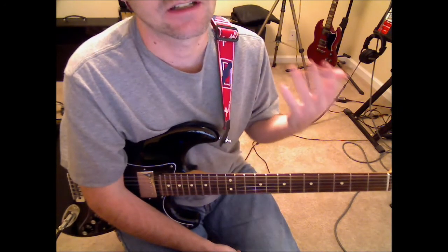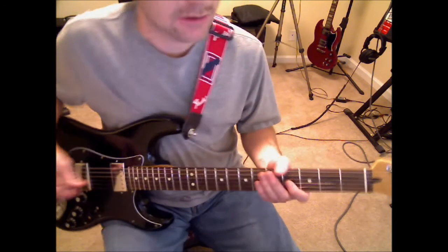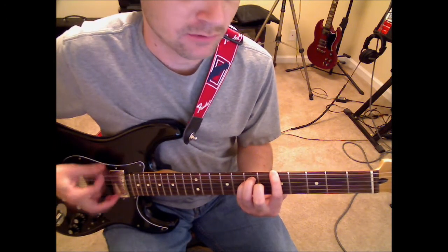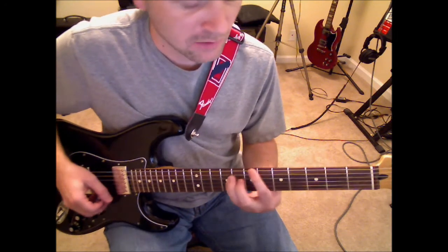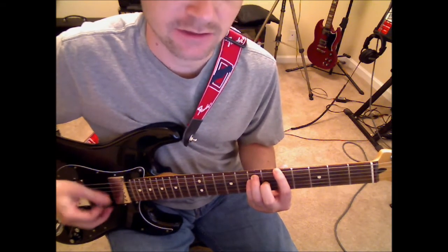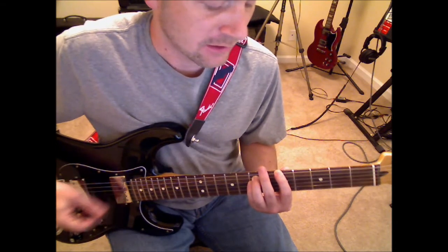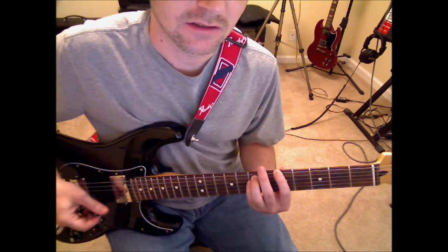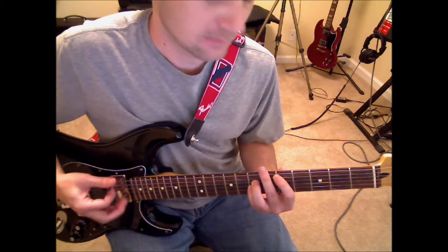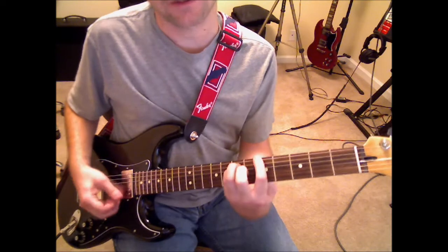And this is using power chords. We'll start on the 6th string with the A power chord. So this is the first. This is the root of the key. This is the chord that defines what key you're playing in. So this would be the first. This would be the 4th of that A. And this would be the 5th. We're on the 5th string, by the way. So the first is on the 6th string,